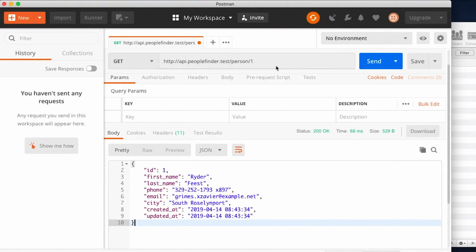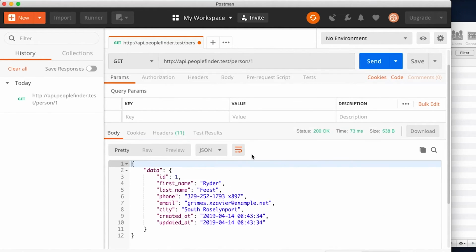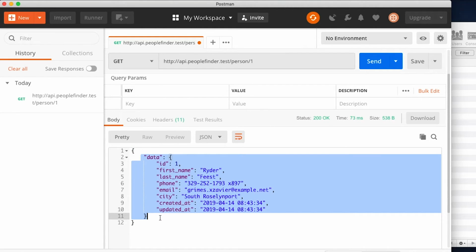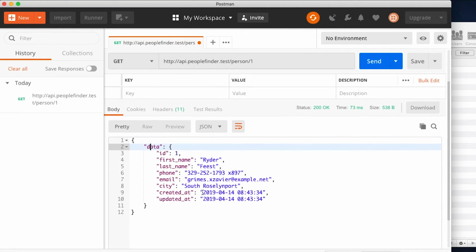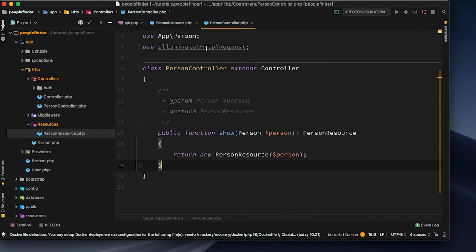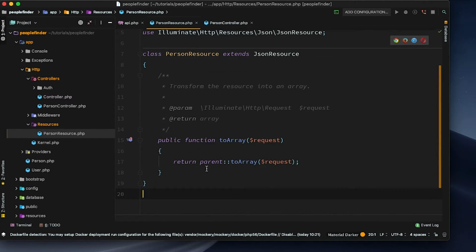So if I go back over to my Postman and send a request again, well, now everything has been wrapped in a data parent object, and that's going to be a lot easier to work with whenever you're dealing with the front end or whenever you're dealing with a mobile app that's actually fetching this data. Right. So now that we've got our GET request set up correctly, I just want to show you one more thing that we can do with resources, and that is if I go back over to my person resource,